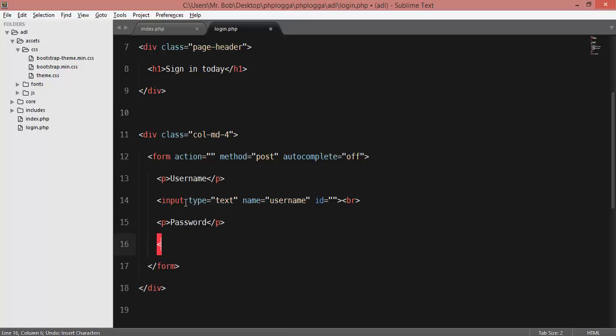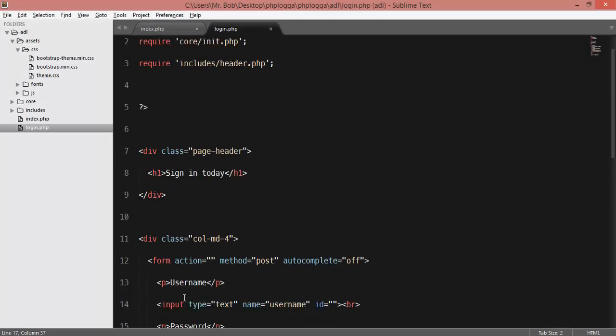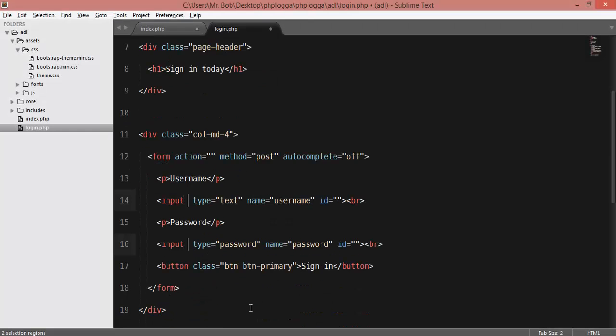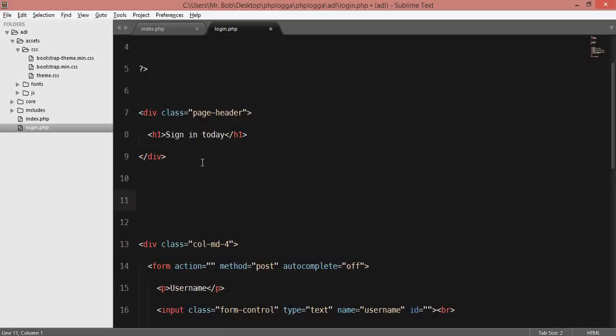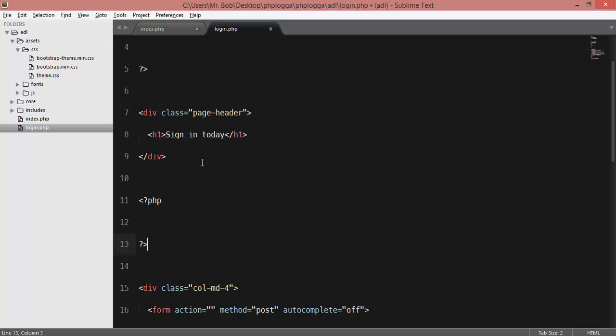and then input password, type is password. Okay, break line again, and then I think button, btn btn-primary, and inside I want to create sign in. Okay, that is cool. So you need to create inside here class form-control. So now inside here you need to create tag php, and